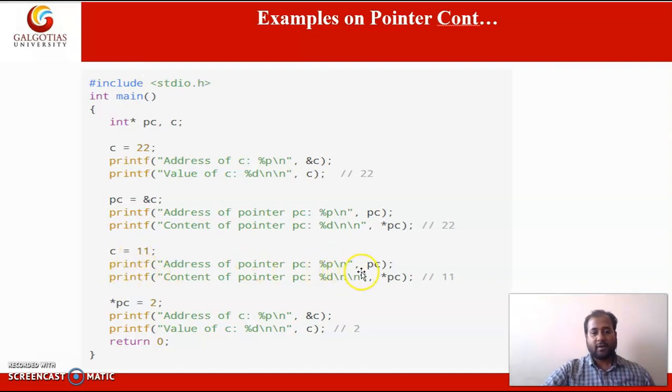Then we print the address of pointer variable PC, and in the next statement the value of the variable pointed to by PC. In the next statement, using the pointer, we reinitialize the value to 2.